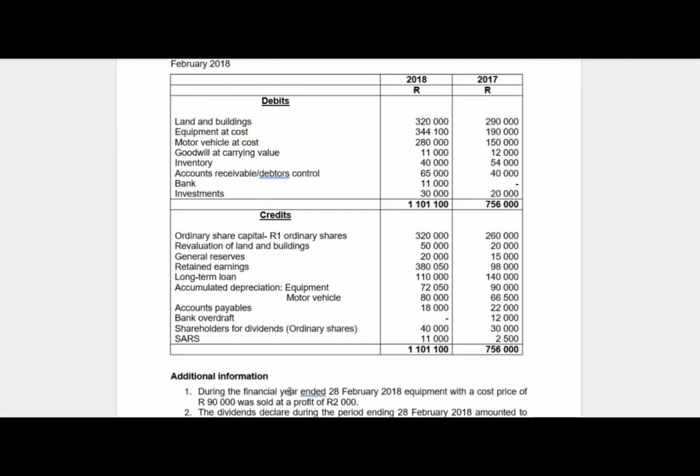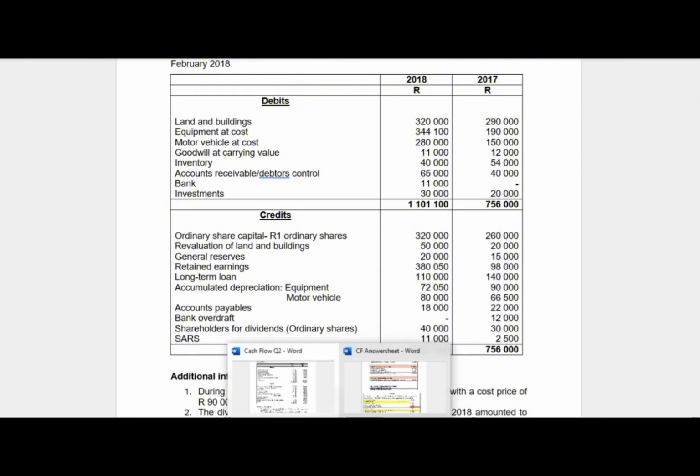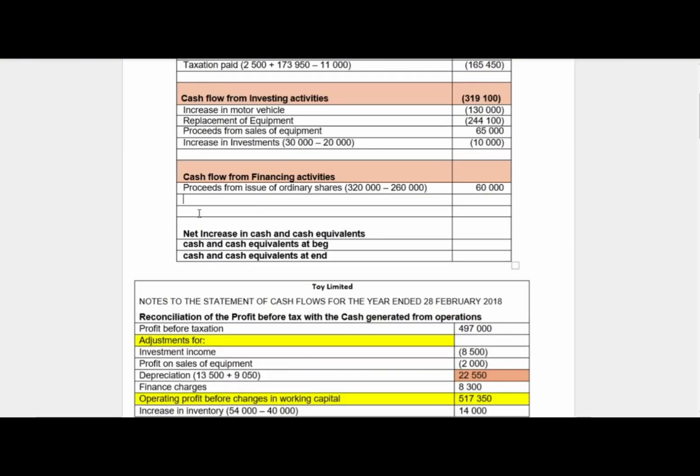Under credits, we've got long-term loan. We were owing 140,000. Now we're owing 110,000. So it means there's a decrease in loan. There's a repayment of loan. You can say repayment of loan, or you can say decrease in loan. All right, decrease in long-term loan or repayment of long-term loan, and then in brackets